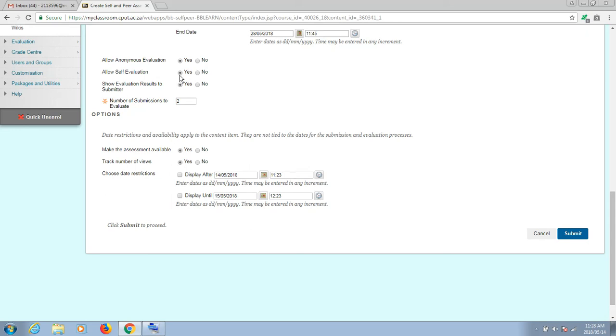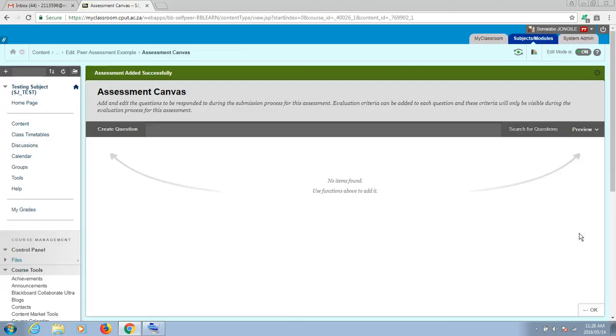All right, self evaluation. If you want to restrict any days within your duration, then you can choose those dates there if you want to restrict students from submitting. I'd always say just leave that blank, don't choose anything on that. You don't want any restrictions. And then once you're done, you just click on submission. All right, now that you've created your instructions,